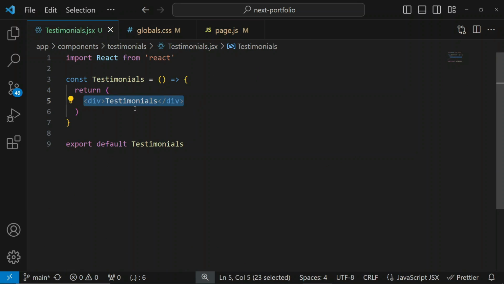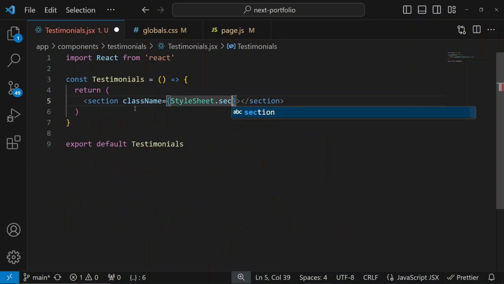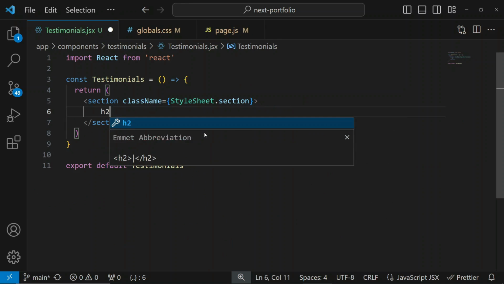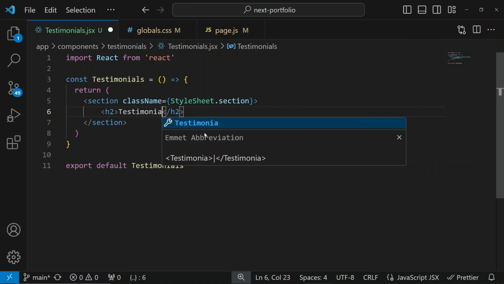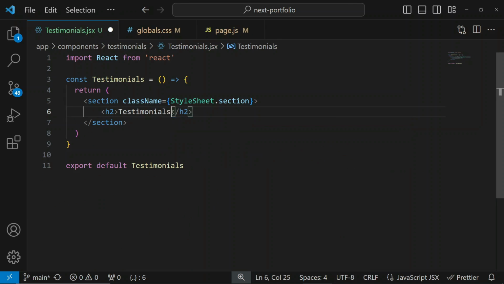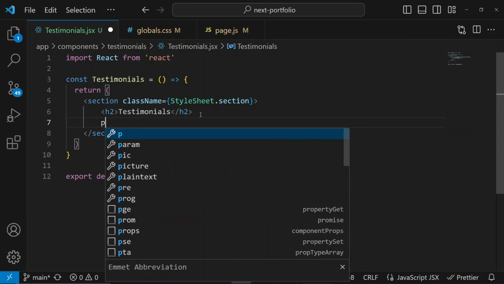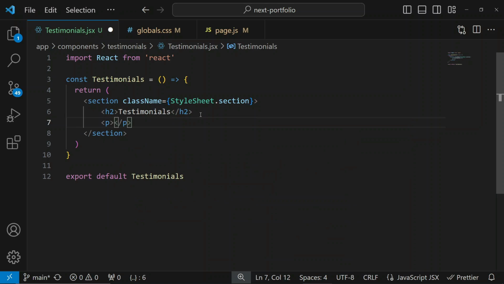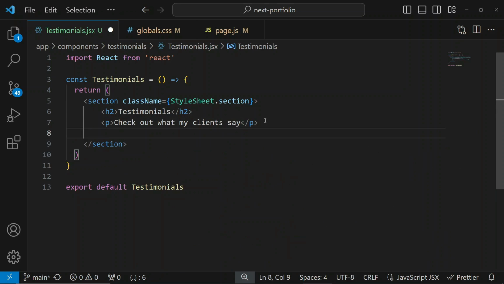So let's go ahead and have a section here. I'm going to give it a class of styles.section. Let's have an h2 here that says testimonials. Let's have a paragraph, and let's say check out what my clients say. Okay, that's the paragraph. And